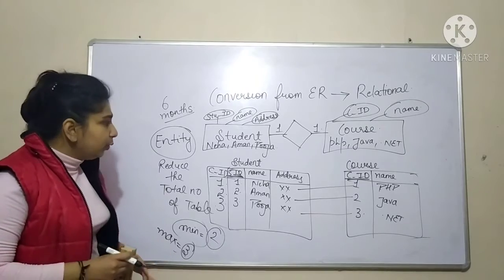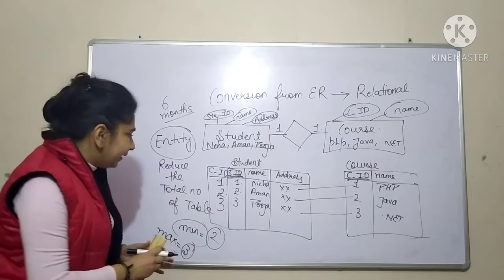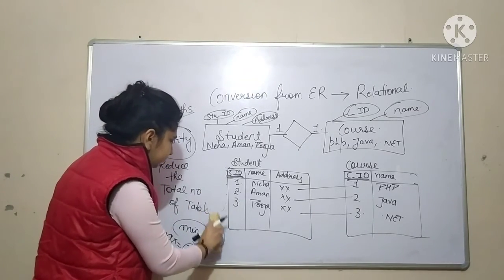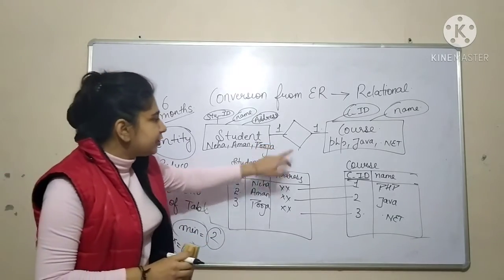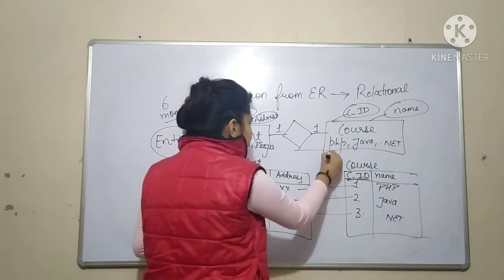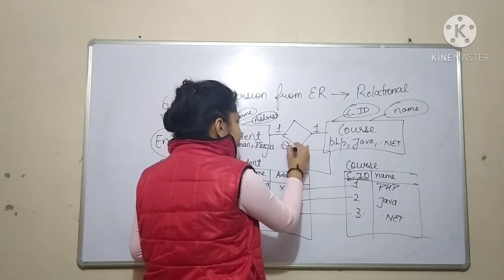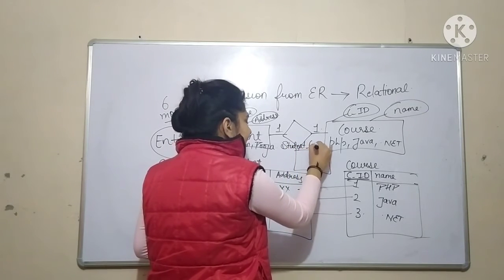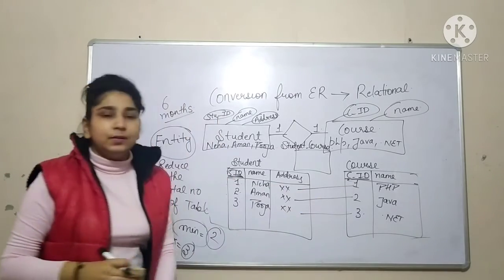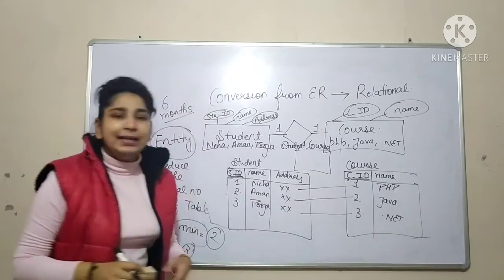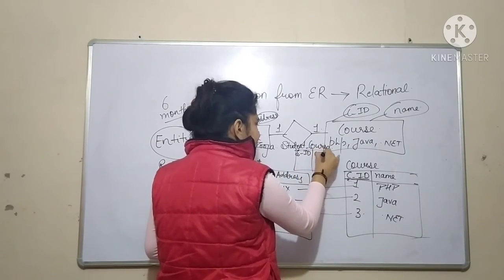Okay. So if you have to make the separate table for the relationship, how will you make it? This way. So if we have to make a separate table for the relationship, how will we make it? We are having a student course table. This is a student course table. Okay. Take the key attribute of both of the tables, student ID and course ID.